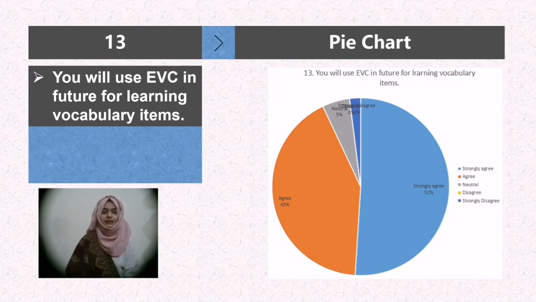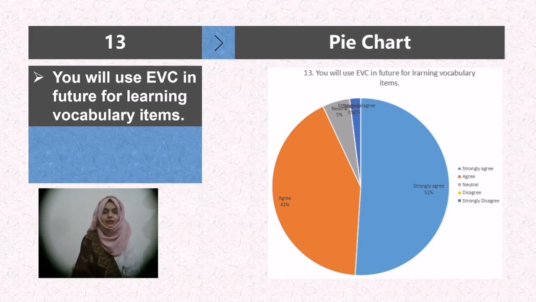Basically, our last statement was that you will use EVC in future for vocabulary items. This question was asked to know if the students would use EVC on their own for vocabulary learning. The answer to this question helped in exploring the use of EVC by the students in future to learn vocabulary through EVC. The responses given by students were as follows: 51 students stated strongly agree, 42 students